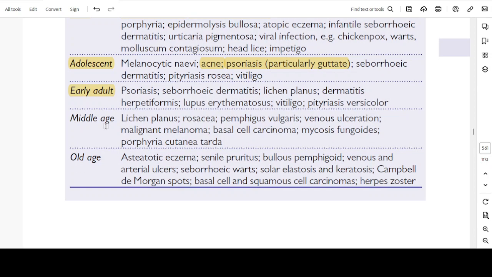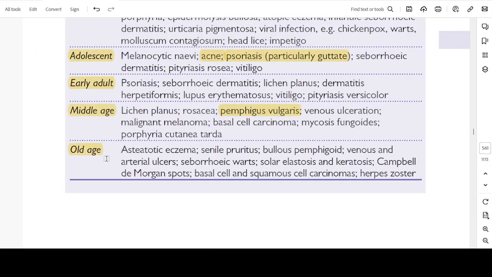Middle-aged people: lichen planus, rosacea, pemphigus vulgaris. So pemphigus vulgaris was a new one here. It's seen in the middle-aged group. Venous ulceration, malignant melanoma, basal cell carcinoma, mycosis fungoides, porphyria cutanea tarda. These are common in middle-aged people, and in old-age people,